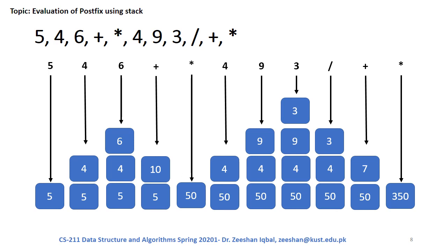Next is plus, so with the arrival of the plus operator, the top two operands, that is 3 and 4, will be popped and the plus symbol will be applied. So 4 plus 3 becomes 7 and 7 will be pushed to the stack again. In the last, we can see that there is an asterisk or multiplication operator, so we will take the last two operands from the stack, that is 7 and 50, and apply the asterisk operator on them. So 50 multiplied by 7 becomes 350. So 350 is the final answer which we will get from scanning.